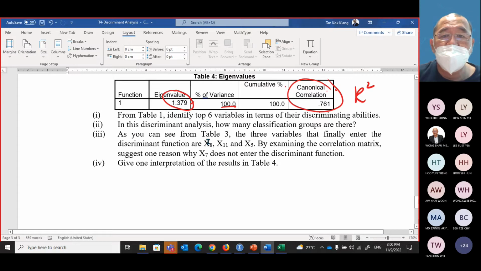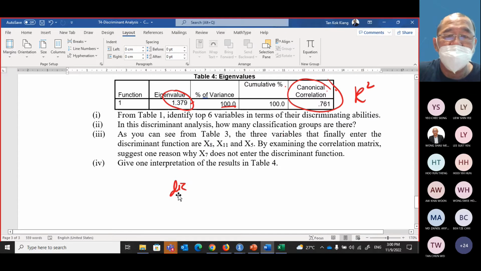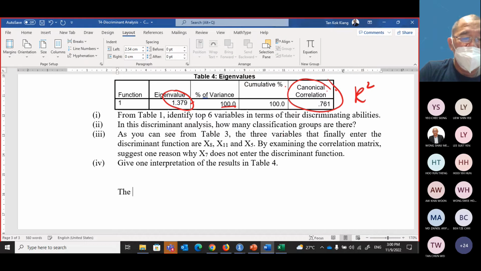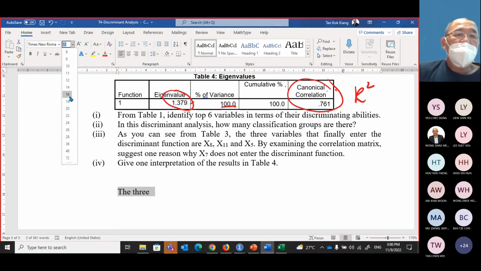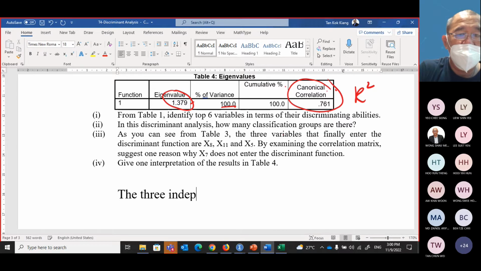So the 3 variables in the final model can discriminate. I can type: the 3 independent variables